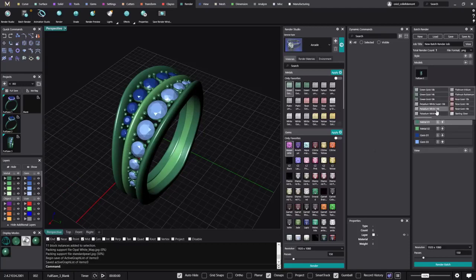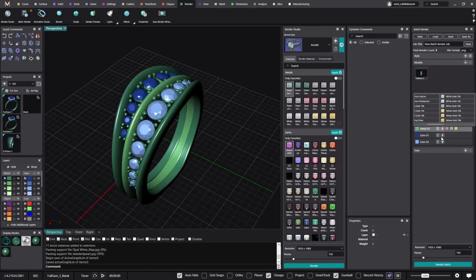I will get white gold, and also I will keep it like this, just in white. And in the metal 2, what I will do, I will go for rose gold, I will go for white gold, and I will go for